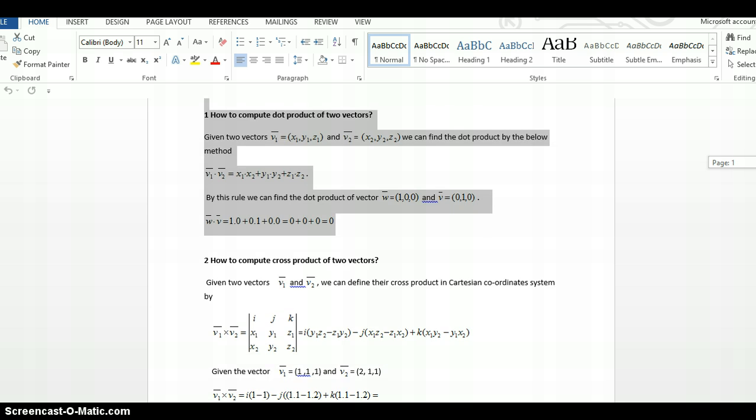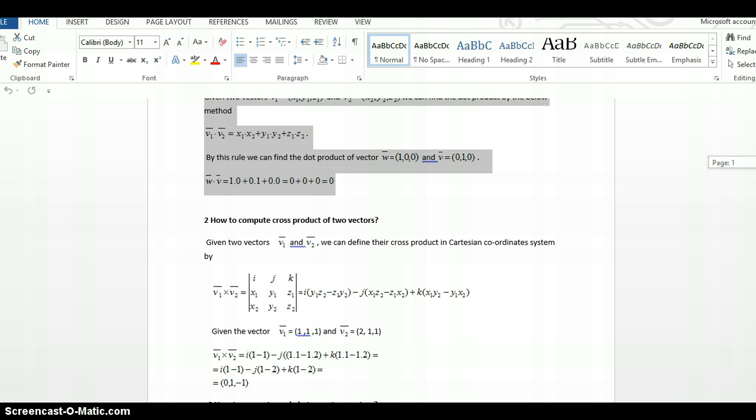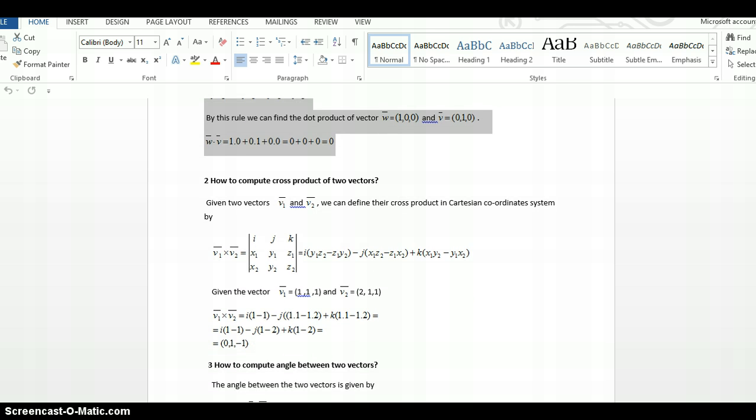So the second thing here is to find the cross product of two vectors. Also, if we are given vector v1 and vector v2, and we want to find the cross product, then we need to put them in a Cartesian coordinate system. That is, we will represent it using i, j, k. This is just like a matrix form. So the cross product between v1 and v2